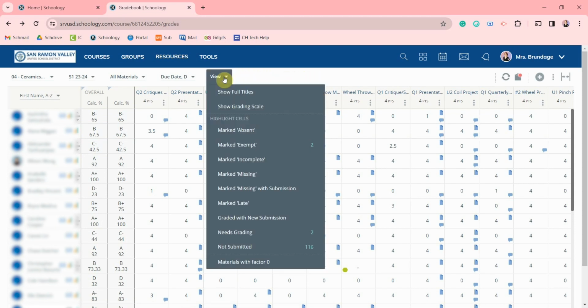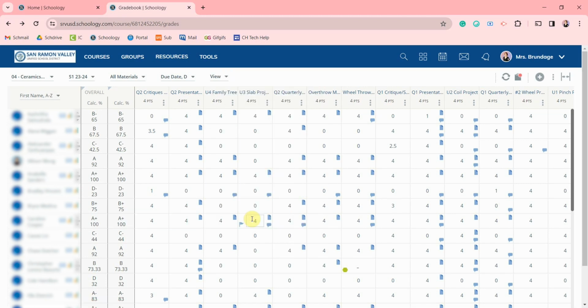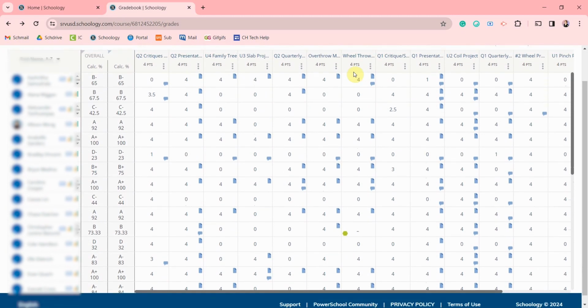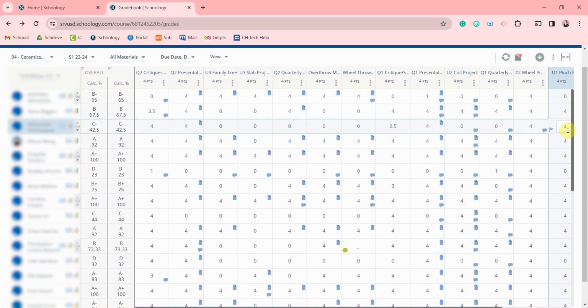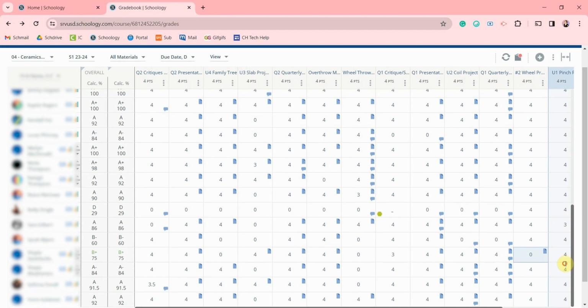Click on View and go down to Graded with New Submission. Click it and Schoology will highlight items that have been graded previously but have received new submissions. It's a little tricky to see since what I'm looking for is the same shade of blue, but what you're going to look for are boxes that look like this. So this assignment was already graded, but the student submitted something or resubmitted,